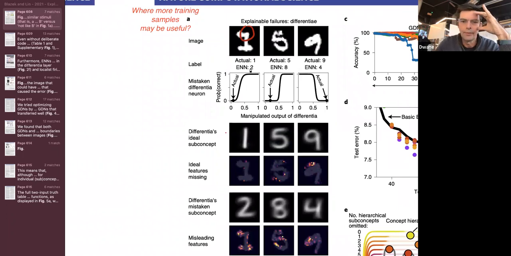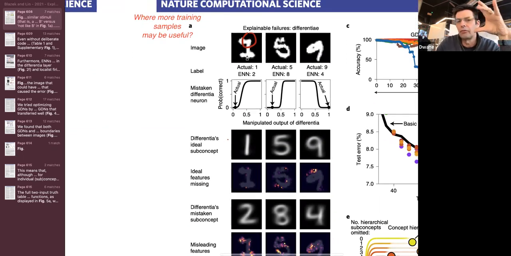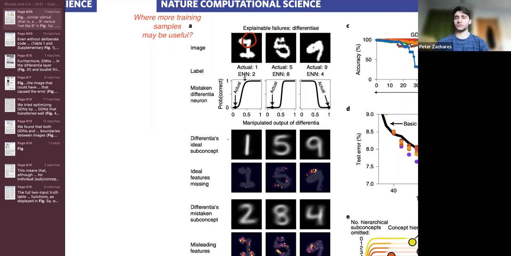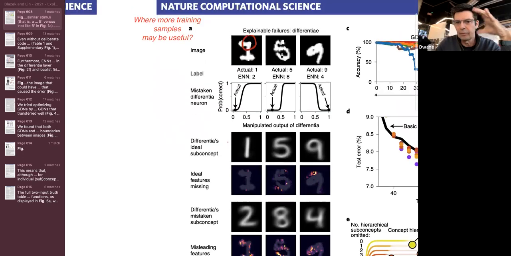It was classified as a 2. Now we can write a 1 with a hat on the top and a crossbar like this, or we can write it just simply. And of course, this 1 is almost reaching the zone where we, as a human, would have problems recognizing it. If this top corner was curved a little bit more, then I'd be pretty certain I'd say it was a 2. So I liked this explanation,